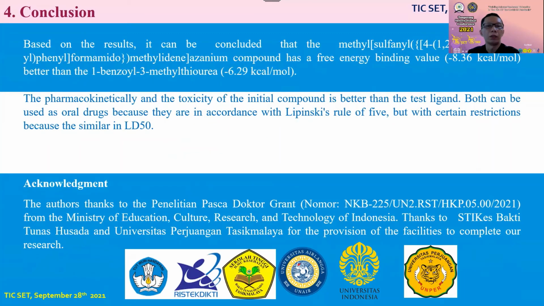The conclusion of the research is, based on the results, the compound has a free binding value of minus 8.36 kilocalories per mole, better than the 1-benzoyl-3-methylurea at minus 6.29 kilocalories per mole. Pharmacokinetically and in toxicity, the initial compound is better than the test ligand. Both can be used as oral drugs because they are in accordance with Lipinski's rule of 5, but with certain restrictions because they are similar in